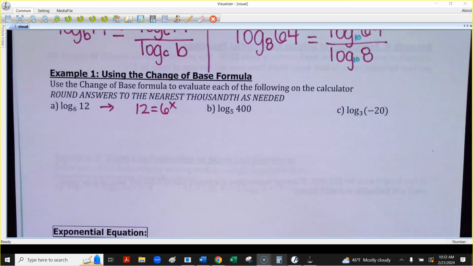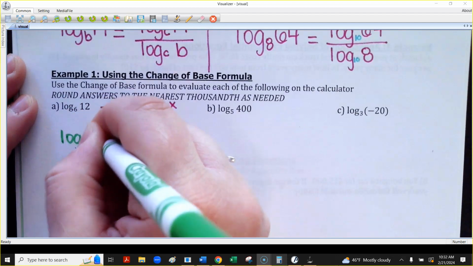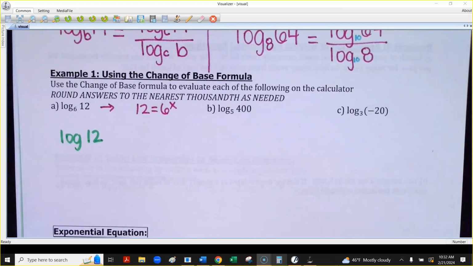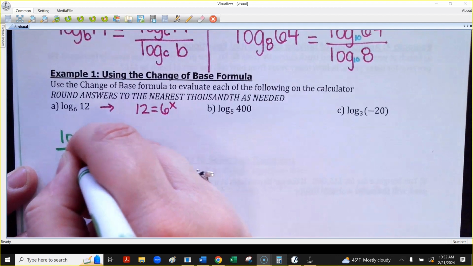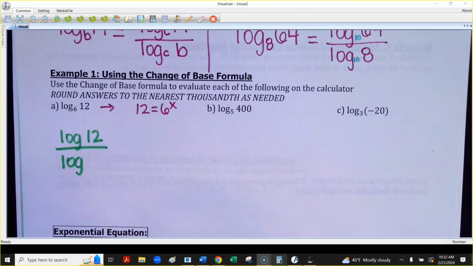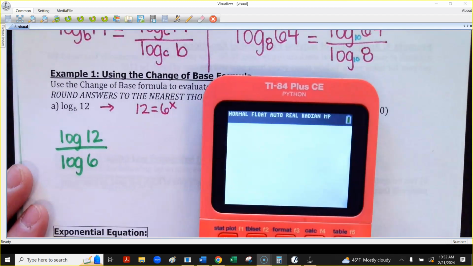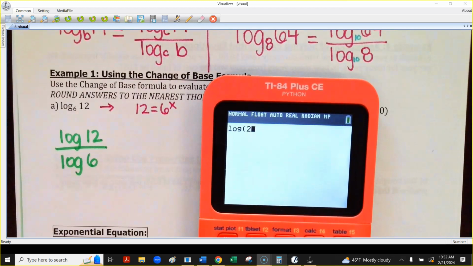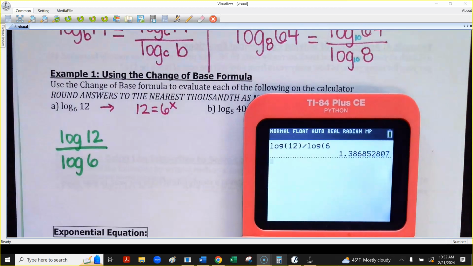To do the change of base, we're just going to change this to base 10 so we can type this in the calculator. You just do log of whatever you were taking the log of, which was 12, on the top, and then log of whatever the subscript is goes on the bottom, so log of 6. Like I said, you have to be careful on your calculator, so you're just going to type in some parentheses. So log 12, close the parenthesis, divide by log 6. Most of these questions are going to give you some big, long, nasty decimal,